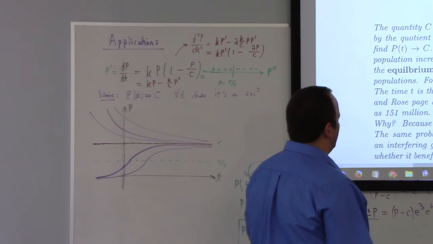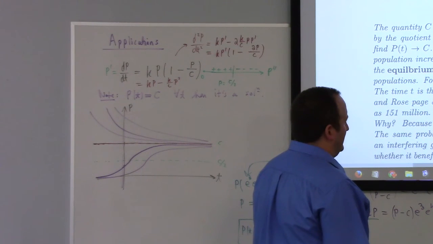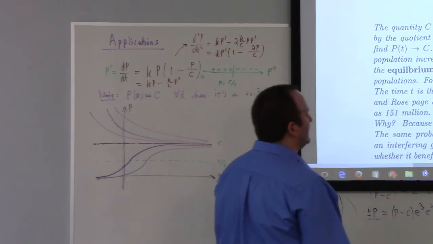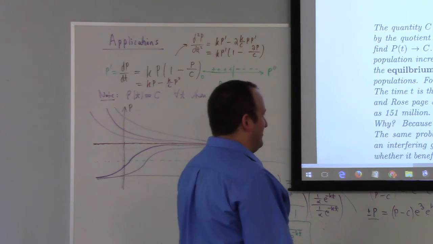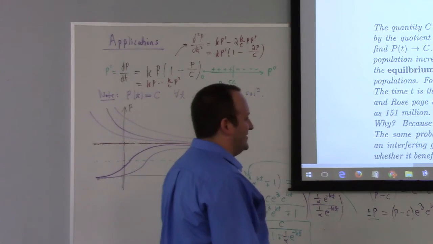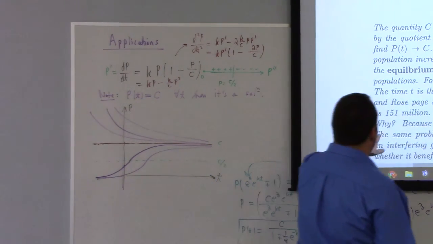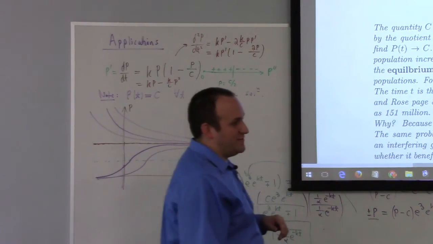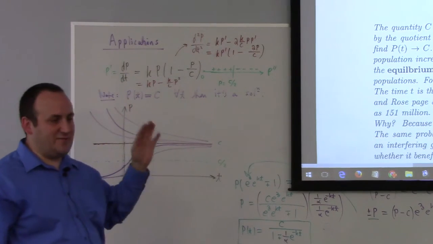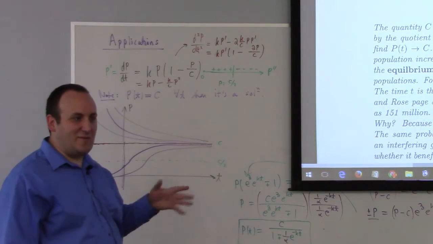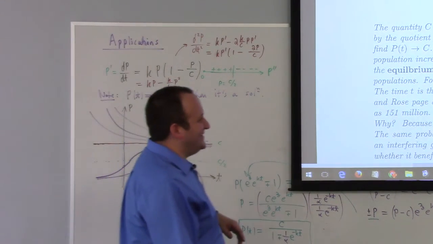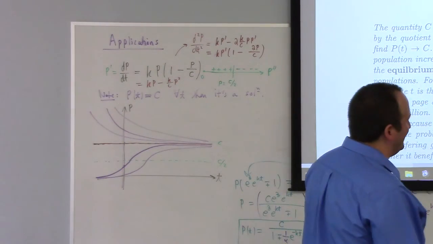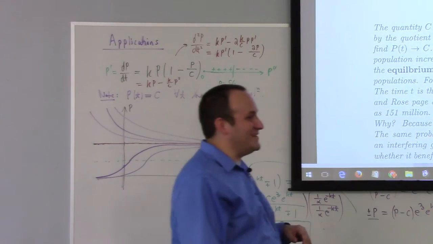What does t equals 0 correspond to? Oh, 1790. Okay. So that pretty well matches 1950. It suggests 151 million. When Ritger and Rose's book was written, or the rough draft was written, that was kind of ballparkish, right? But if you keep going, it suggests that the carrying capacity of the United States is 210 million,